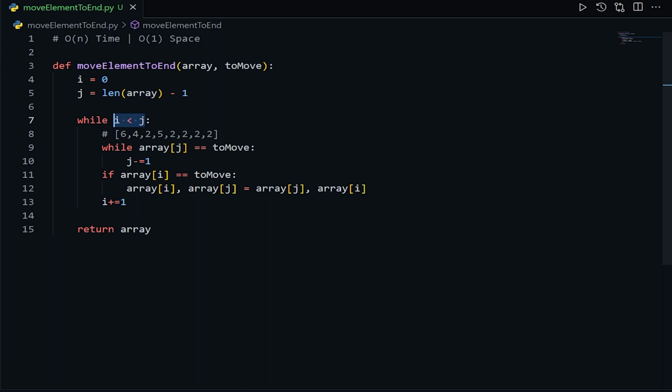And we return our array. So in this condition, our code will provide a wrong solution. What we can do is add an additional check here, where we check if our I is less than j. So when j reaches I, it will not execute and it will break out of the loop.